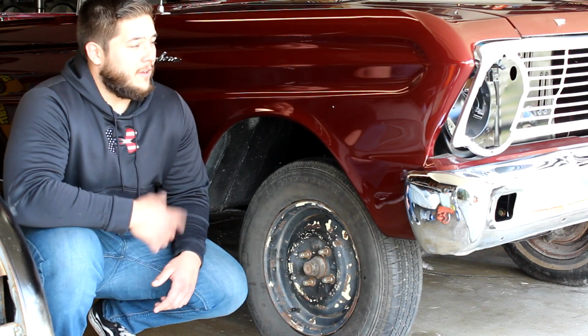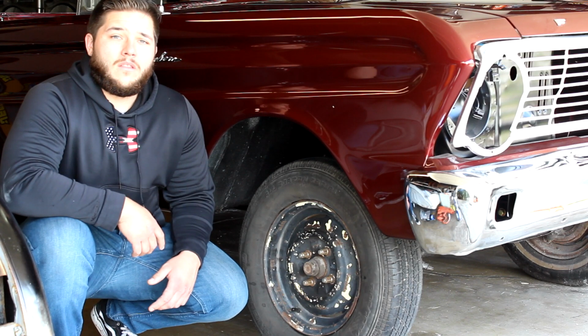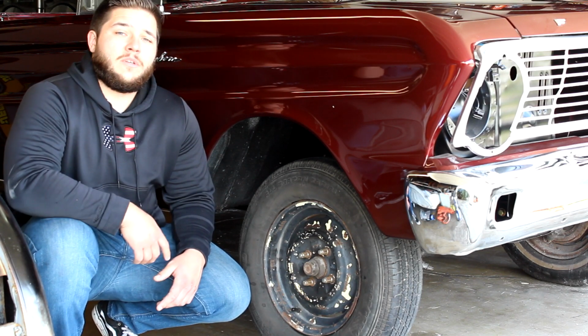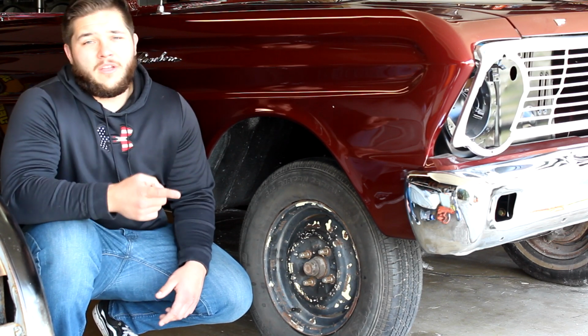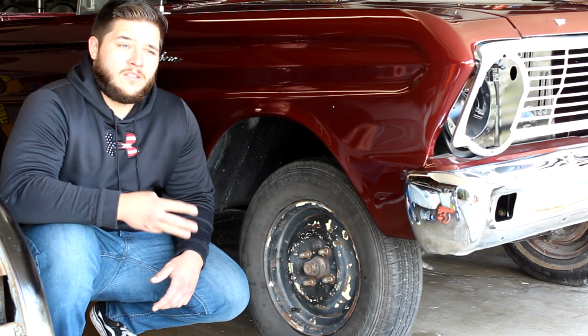Hey guys, I got here my '65 Ford Ranchero. I'm going to change out the front suspension on it. The suspension I went with was Hotchkiss suspension. So I'm going to be changing out the A-arms, upper and lower, sway bar link, strut rods, and the end